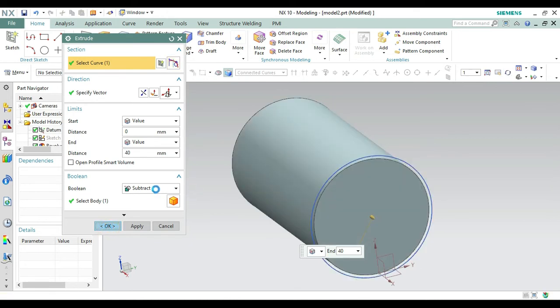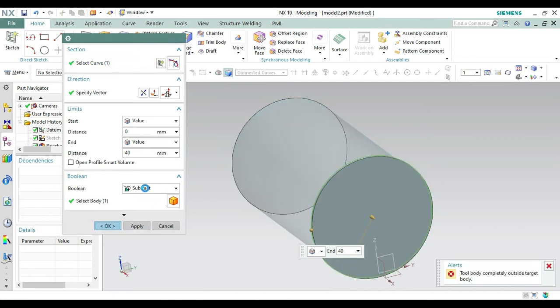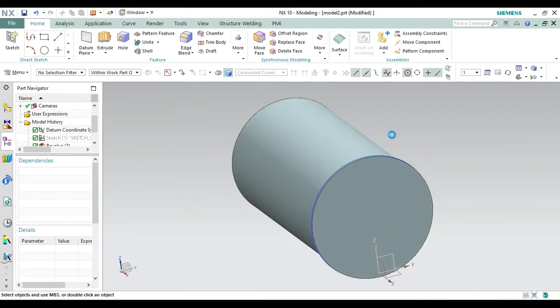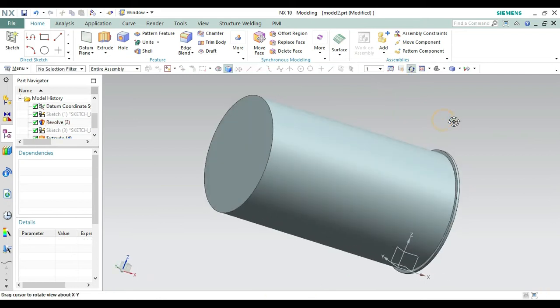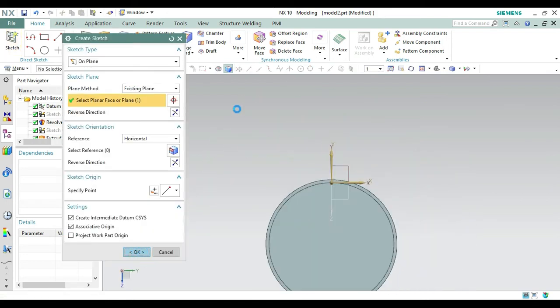From here it's subtract, so we have to change it to unite. Just a second. From here let's make it unite and then make it okay. Similarly selecting the second face, sketch, select this one and make it okay.